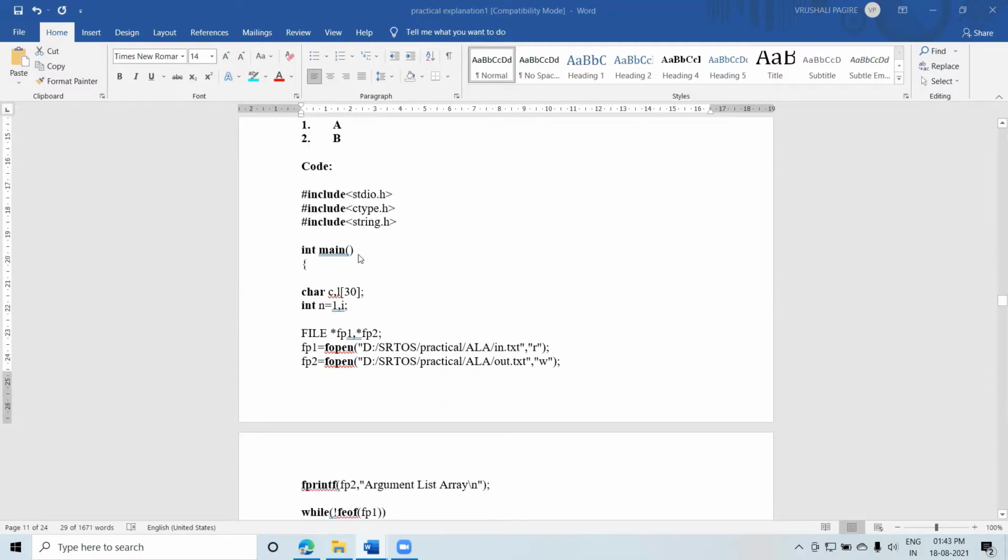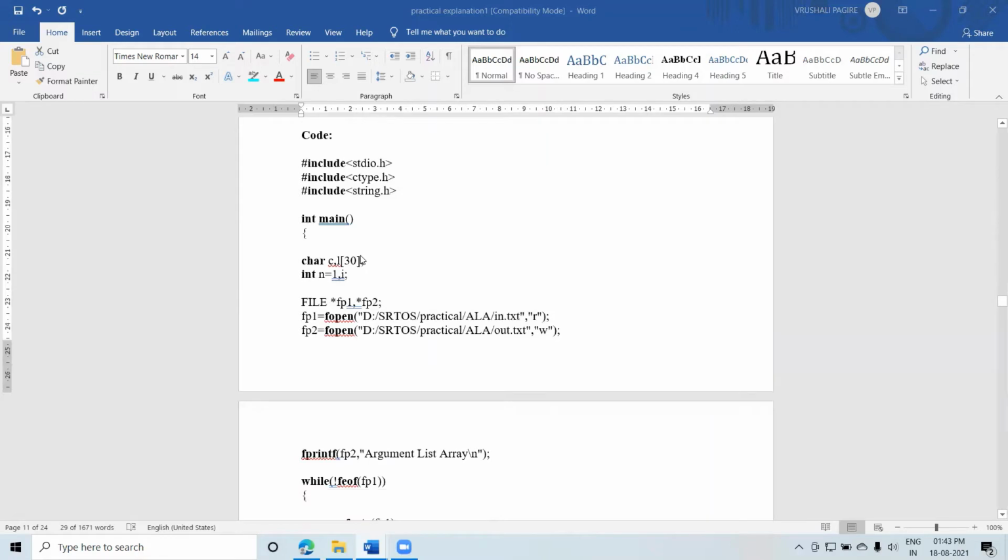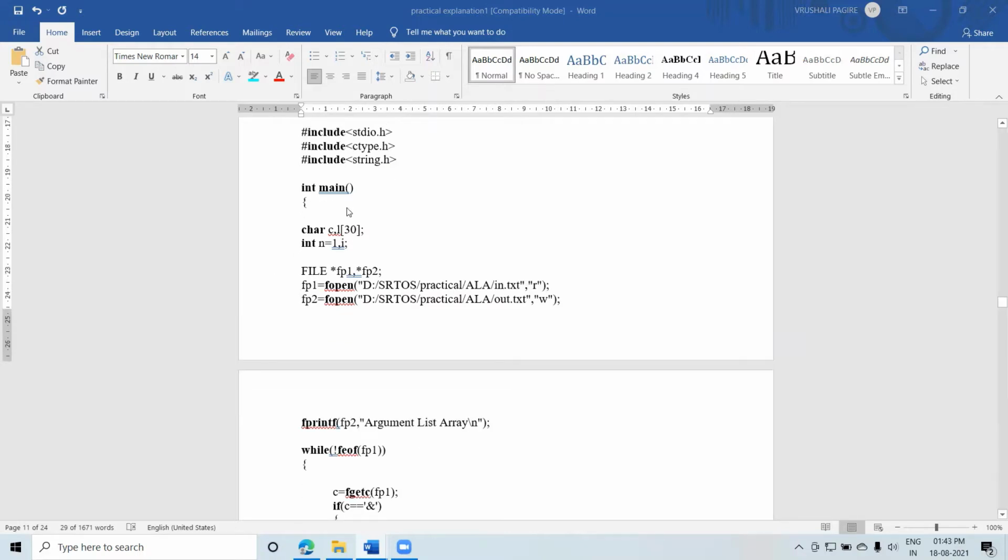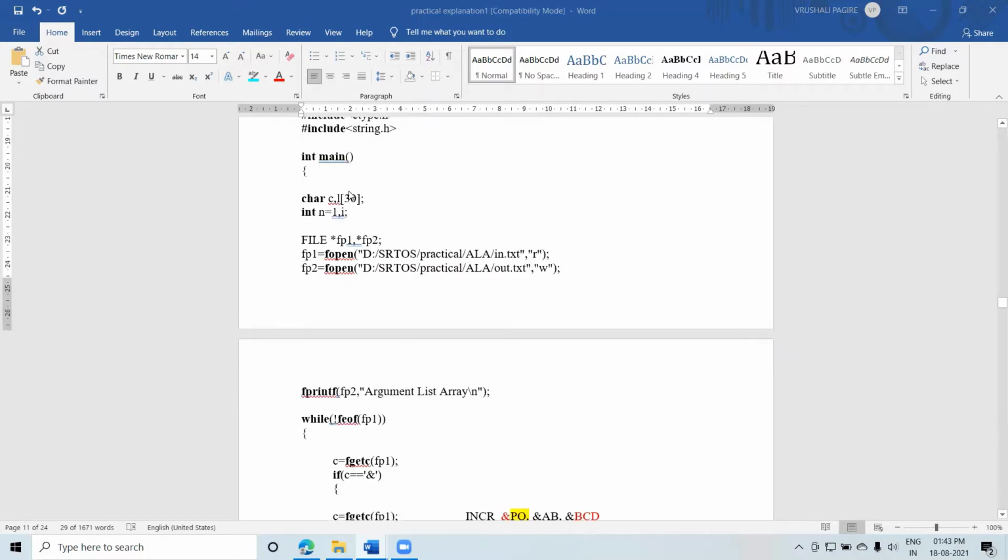Okay, you can see here 2 is there in this argument list. So now what is the code? Code is very simple as I have told you the logic. So first of all, add all your header files. Then main function is there. Okay, so I don't think it needs to be explained again and again, this file function. Now you are familiar with this one because it is our fourth practical or fifth practical where we are using this one, right? So declare here all your variables, then arrays used in your program. Then int n equal to 1 comma i is there, right?